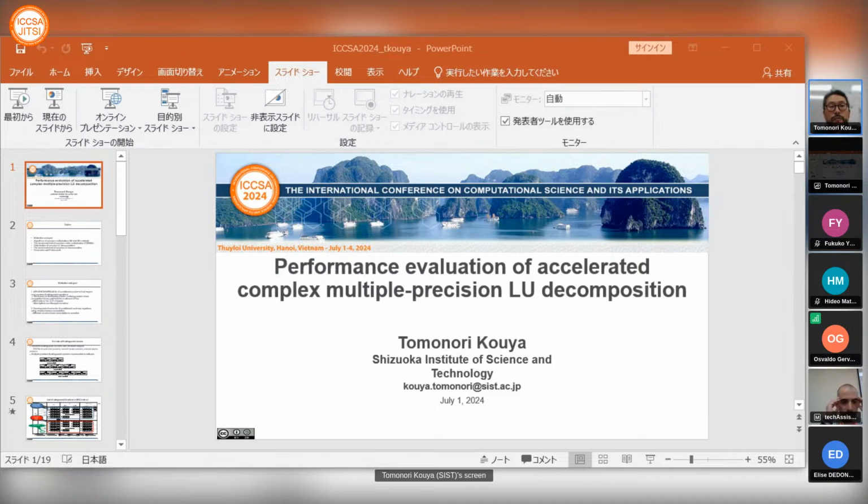Now we have the MPLAPACK and MPLAPACK library provided by Nakata to solve ill-conditioned problems that require long precision floating point operation. But